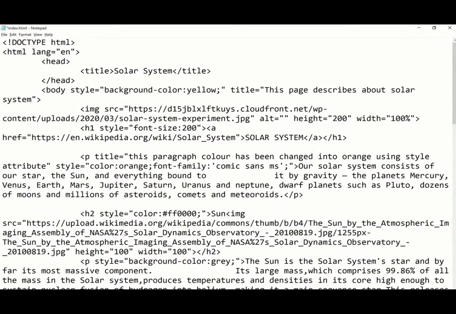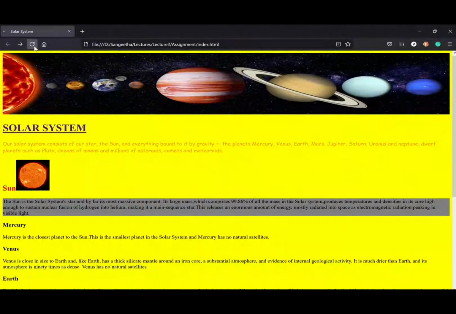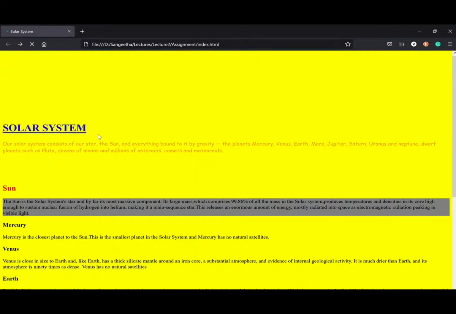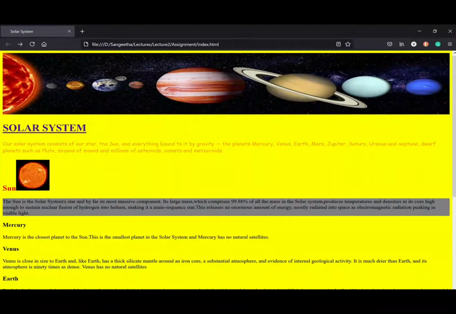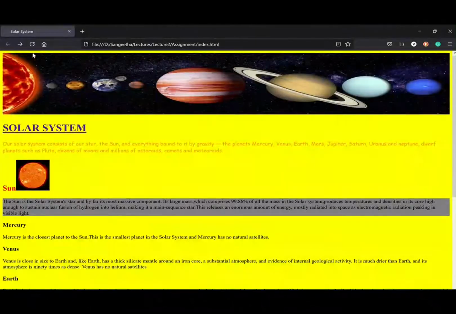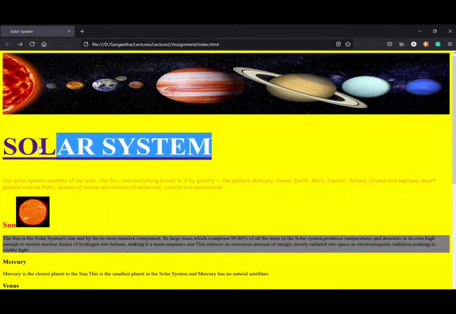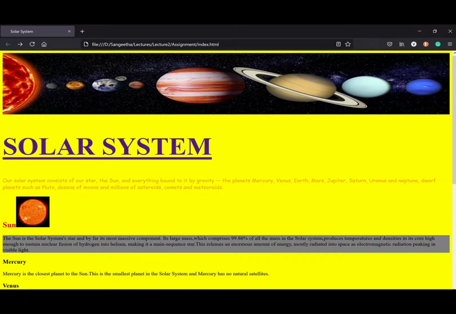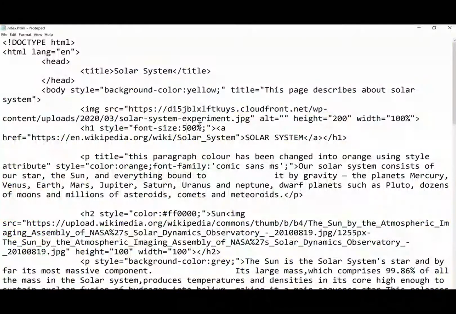Save the file and refresh the web page. There is not much difference in size in the web page. So now I'm going to change the size to 500%. Yes, now you can see the difference in size. You just try all the other possible values you have learned in the previous slides, like smaller, larger, length, etc.